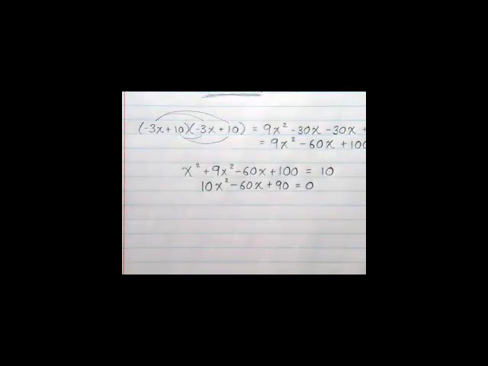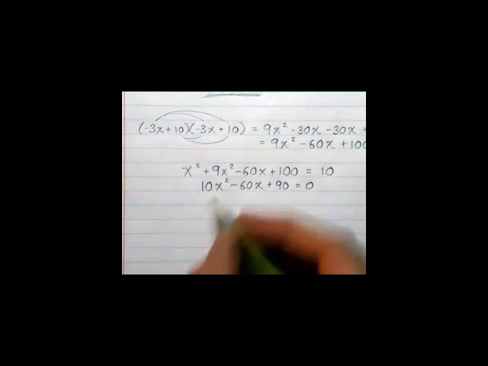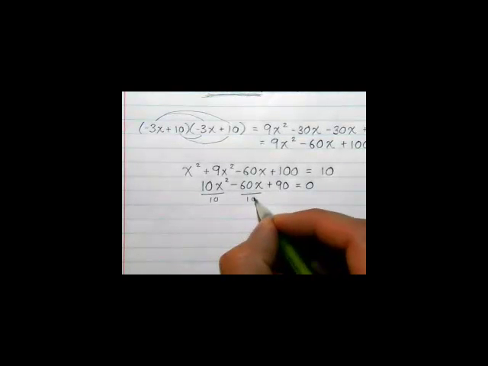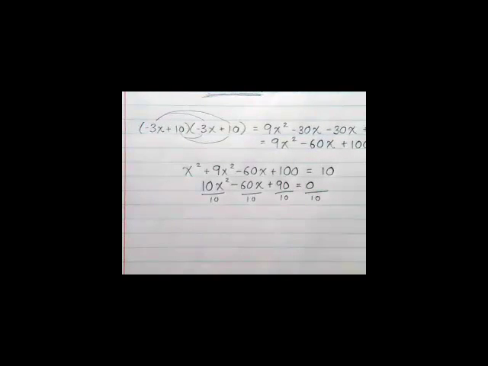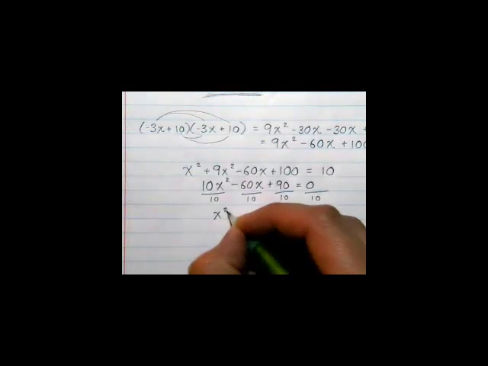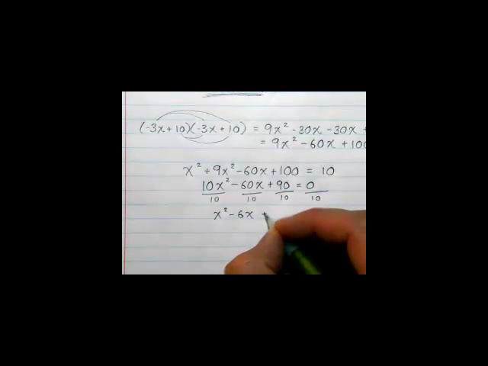Now I'm free to use whatever method I want. Looking at those numbers, 10, 60, and 90, I could simplify this just a little bit before I do anything else with it. Divide everything by 10. You guys see that? Everything's divisible by 10, so why not? Just get rid of the 10 in the front. So remember, I have to divide everything by 10, but that's no problem. Each one of those I can divide by 10 really easily. So it's x squared minus 6x plus 9